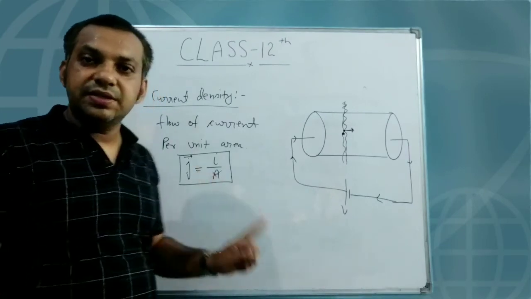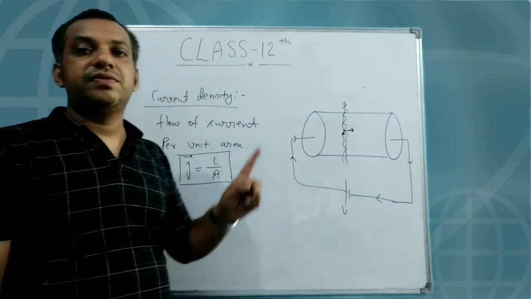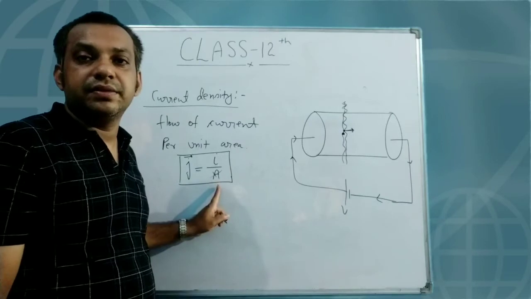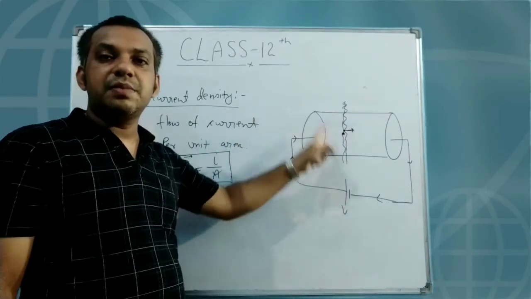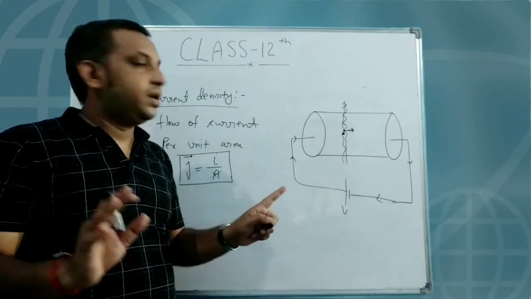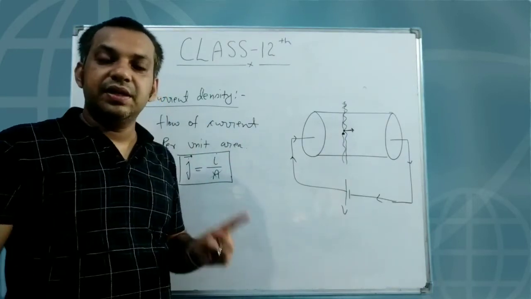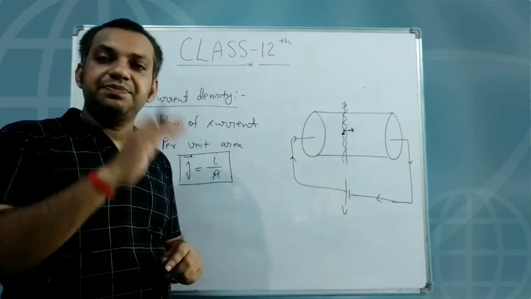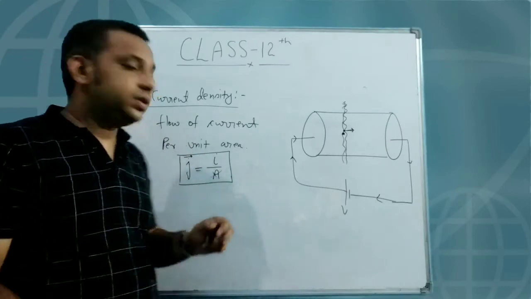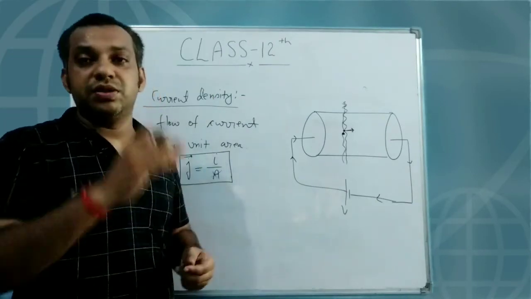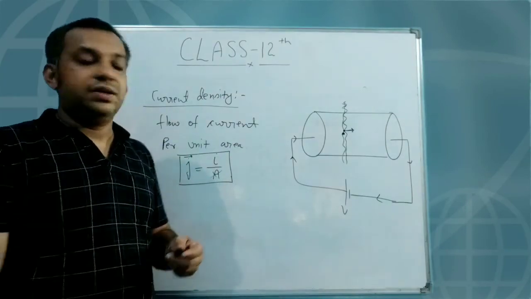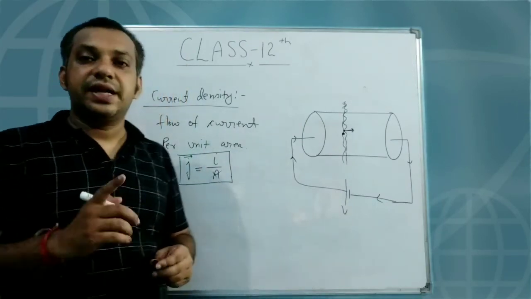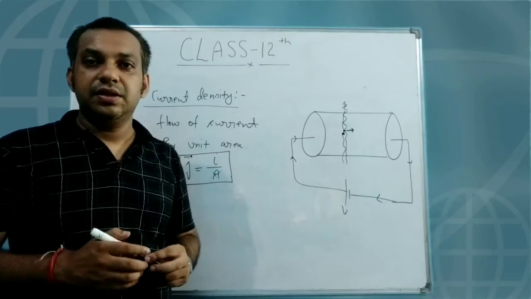So what is the direction of the current density? Current density is in the direction of the movement of the positive charge. That's it, right? Not in the direction of the area vector. If you take a uniform cylindrical structure, then it is the same, but not for any case. If you take an irregular shape of any particular conductor, then that will change, because the area vector is always normally outward, at the normal of the surface, but the movement of charge is not necessarily normal to the surface. It is not compulsory. So the current density is a vector quantity, and its direction is in the direction of the movement of the positive charge, right? So I hope you understand.